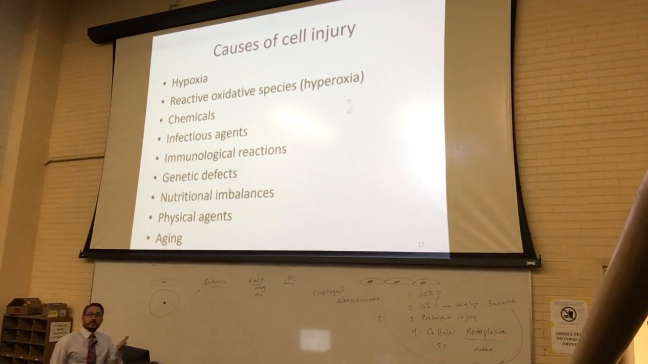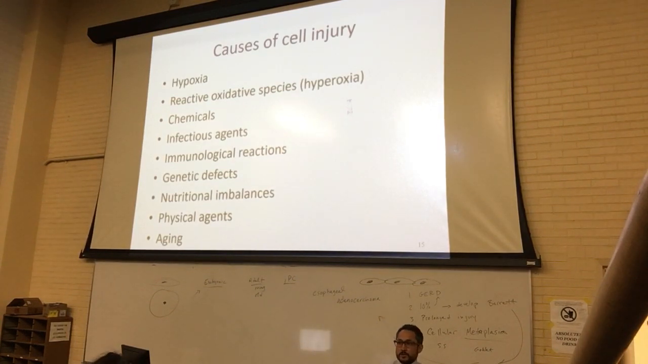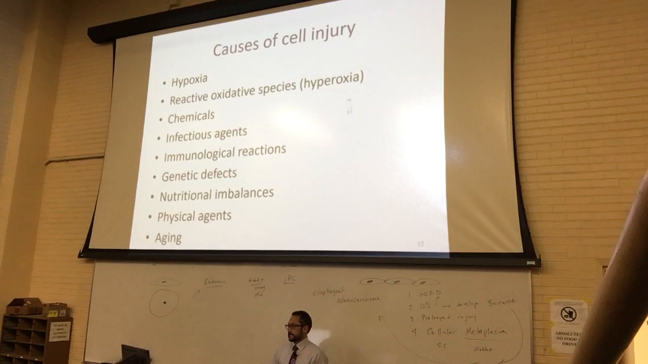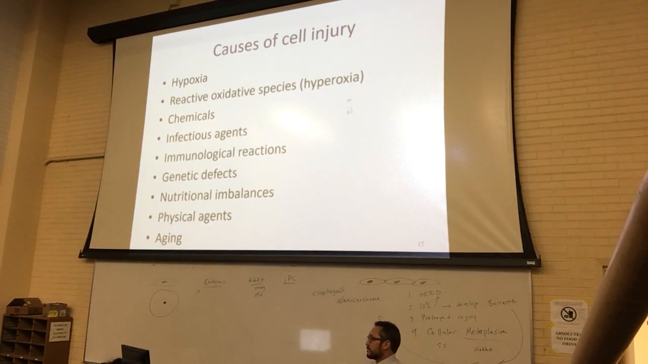Okay, if a bacterial agent infects a tissue and now it stimulates inflammation in that tissue, that can cause trauma to the progenitor cells. Immunological reactions, genetic defects, nutritional imbalances, like iron deficiencies, okay? Physical agents like trauma, car accident, sporting accident. Those are physical agents. And then, I want to make sure you guys heard this earlier, age is an absolute